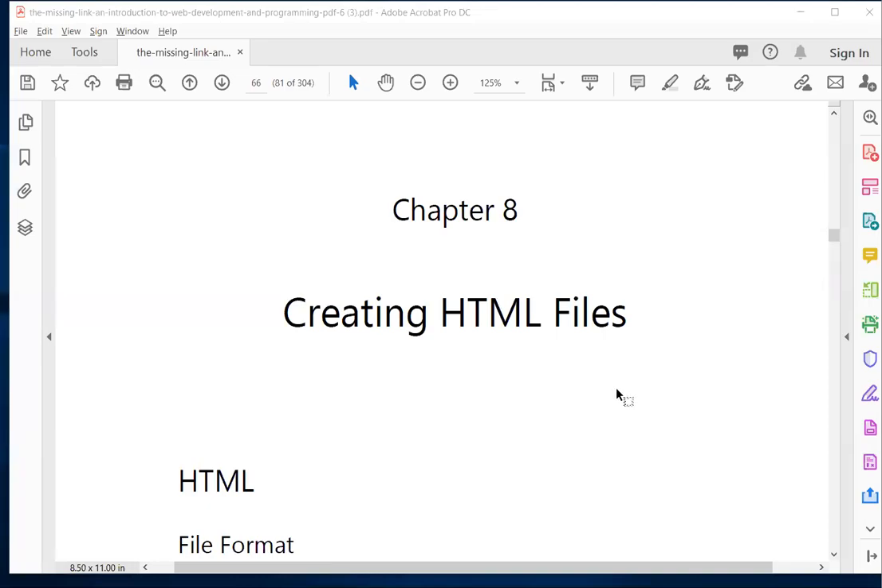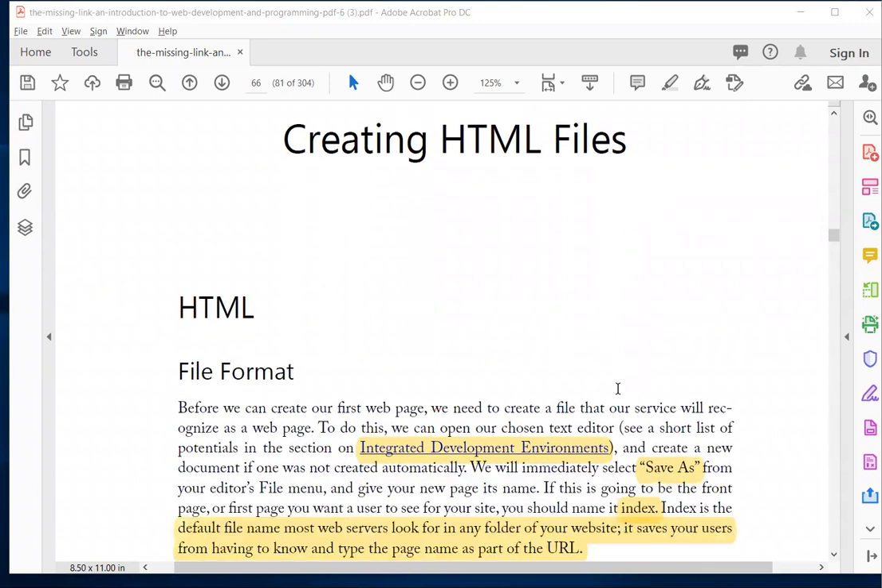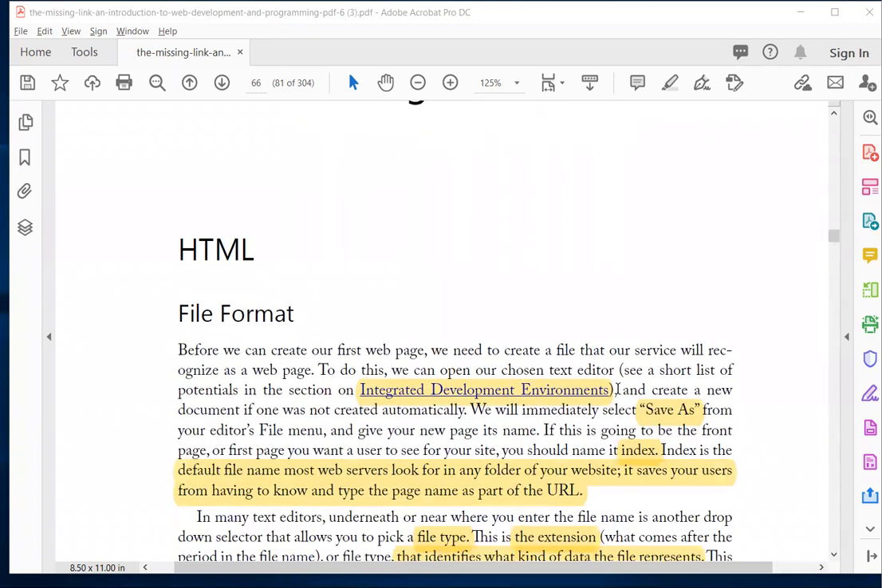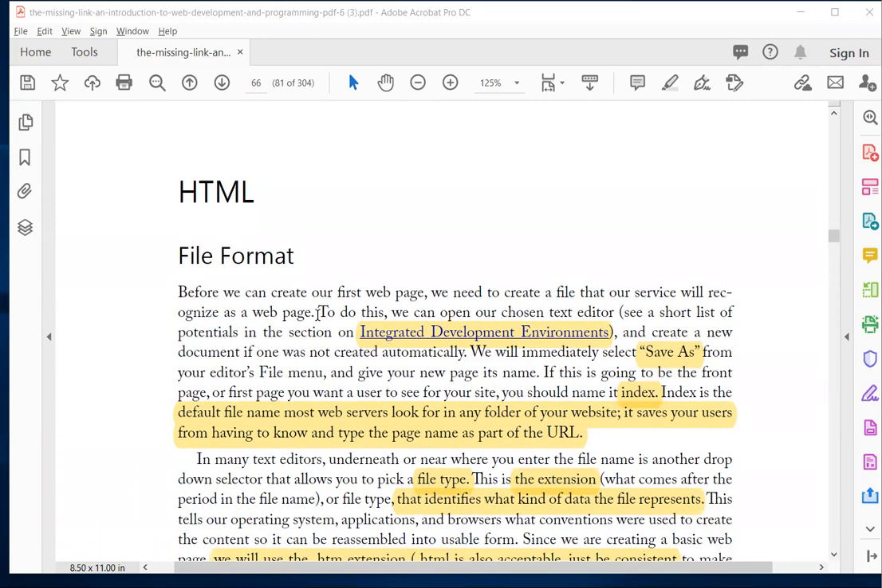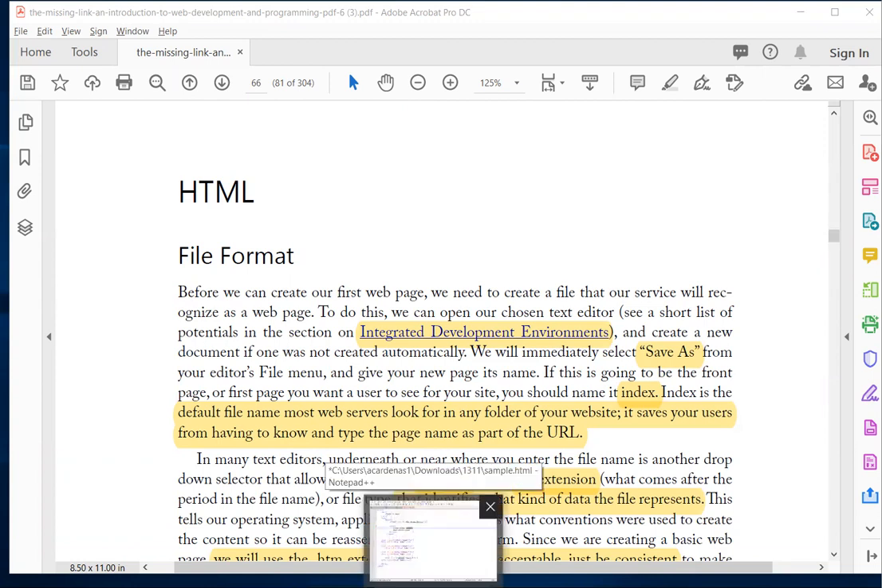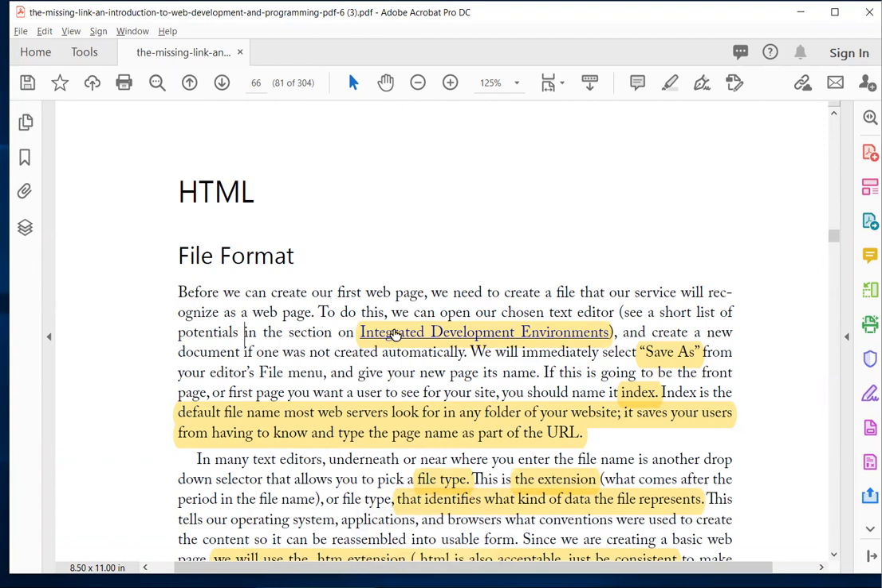So let's go ahead and cover Chapter A, Creating HTML Files. This is a very short chapter, and I know that we did this a couple of weeks ago, but it's good to do it again just so we can refresh our minds on how to create HTML files. Okay, but first of all, let's discuss the IDEs, which is Integrated Development